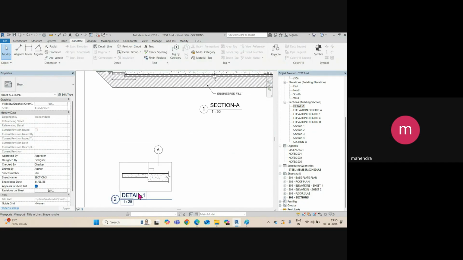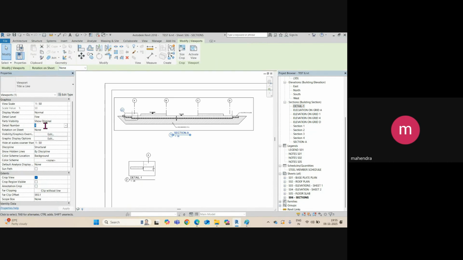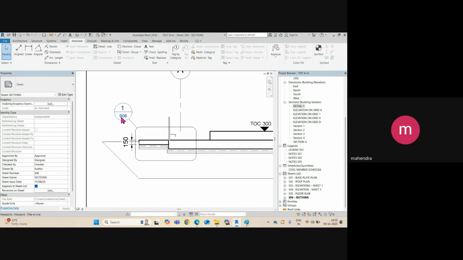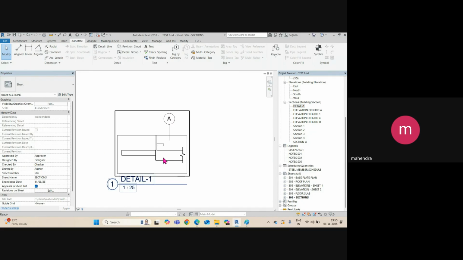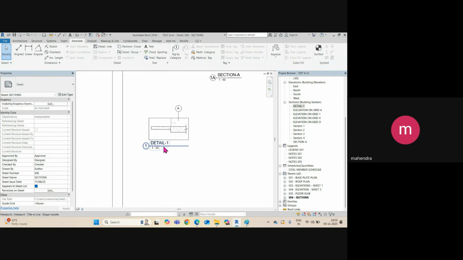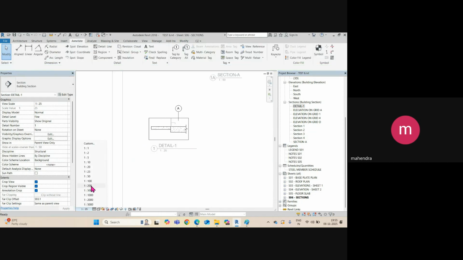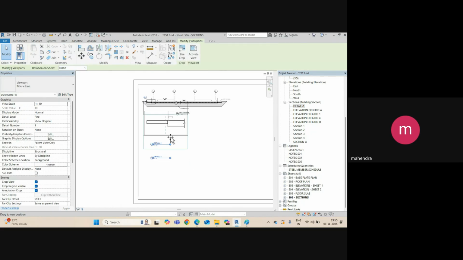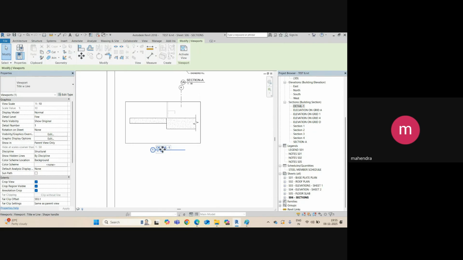Okay, so this is your detail one. So what I do, I will use here 1A, and I want to use here one. So this is my detail one. So you can see, then you can see the view is big here. If you want to change the scale again, you can change 1 is to 10. So you can see it looks big, right? So as per your requirement, you can give the